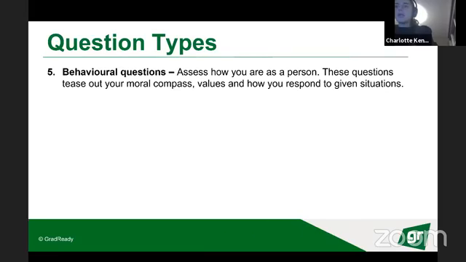Behavioural questions, I interpreted these the same as ethical scenarios, because they're either asking what are the issues or what would you do? So with this one, a good way to break it down is to examine the situation, then think about the task that's in front of you. So what would you do?